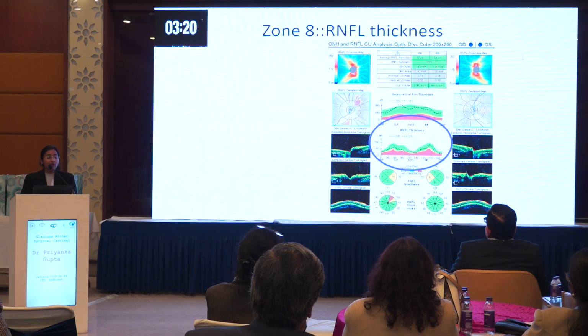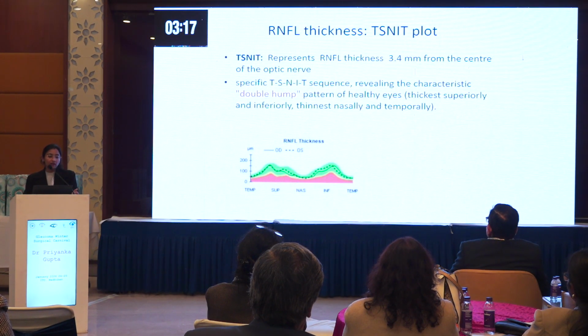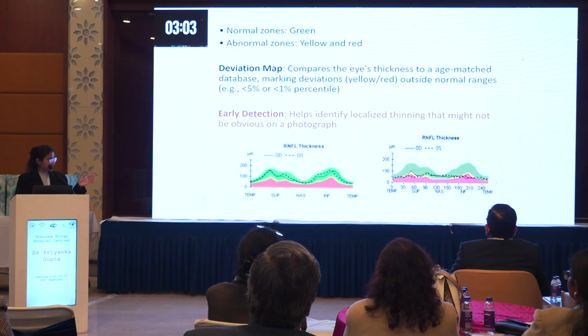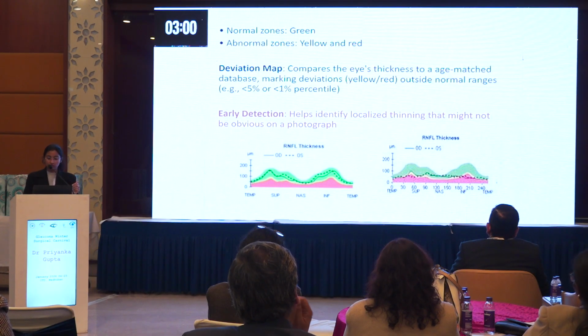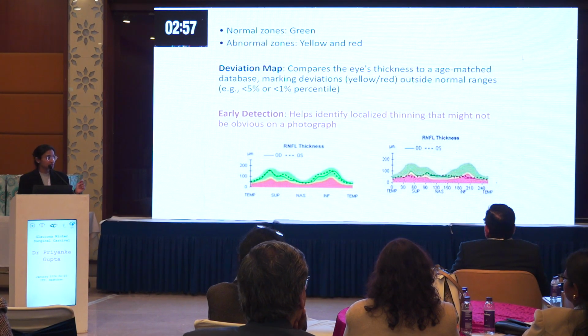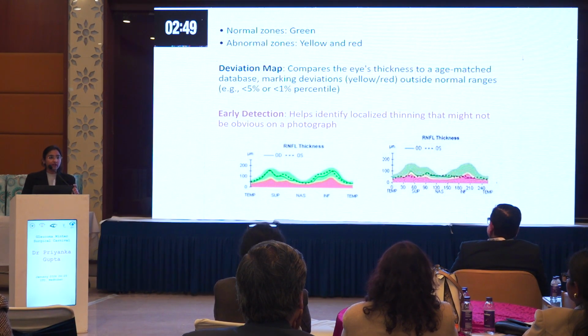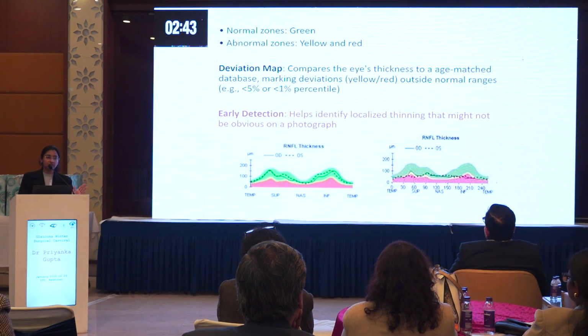The next zone is your RNFL thickness. Now RNFL thickness, again, it's in the form of a double hump, or the T-SNET plot, what we say, because superiorly and inferiorly your RNFLs are thicker as compared to nasal and temporal. And any deviation of this, like you can see in the second figure, there is loss of those double humps, which shows that there is superior and inferior thinning, and also the scan lies now in the yellow and the red zone. Those two lines are not in the green zone anymore. Now this scan can help you identify early localized defects, small notches, which we might miss in our busy OPDs. They can be picked up easily on these RNFL thickness or the T-SNET plots.